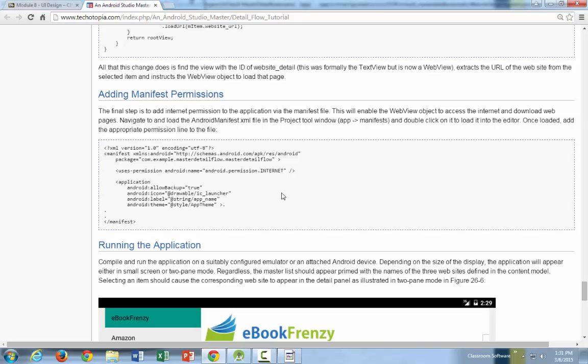So we're just going to go in here where it says adding manifest permissions, grab this one line, uses-permission android:name android.permission.INTERNET. So we just need that one XML line. I don't want to worry about the stuff above or below because I'm just going to paste that one line in